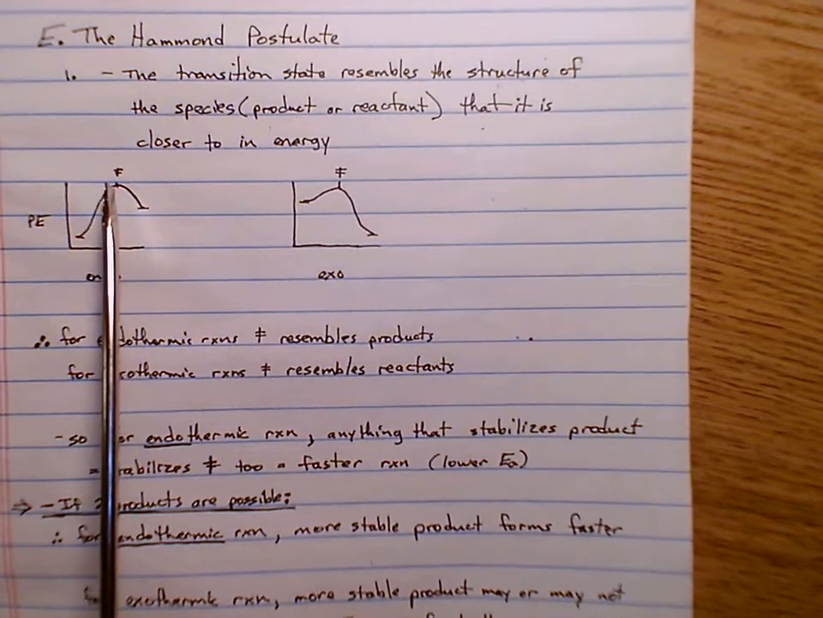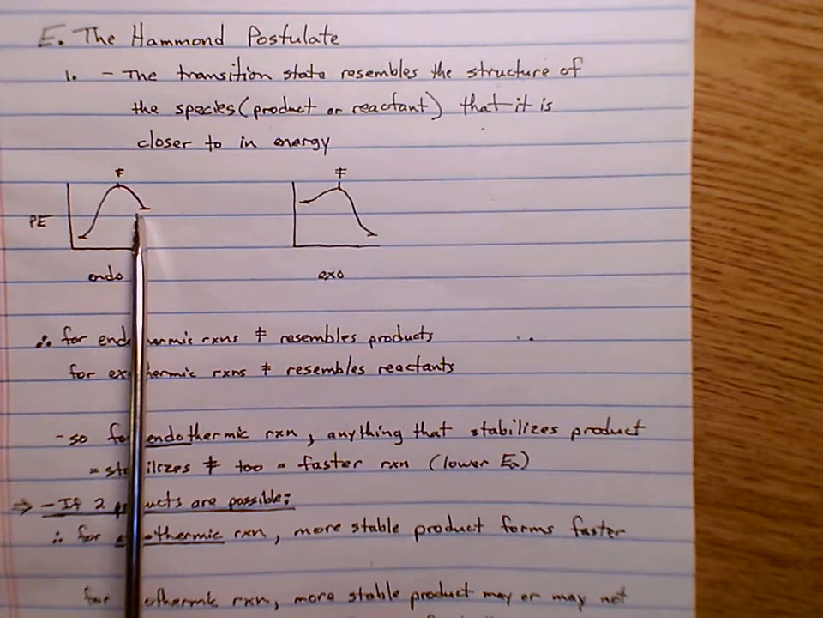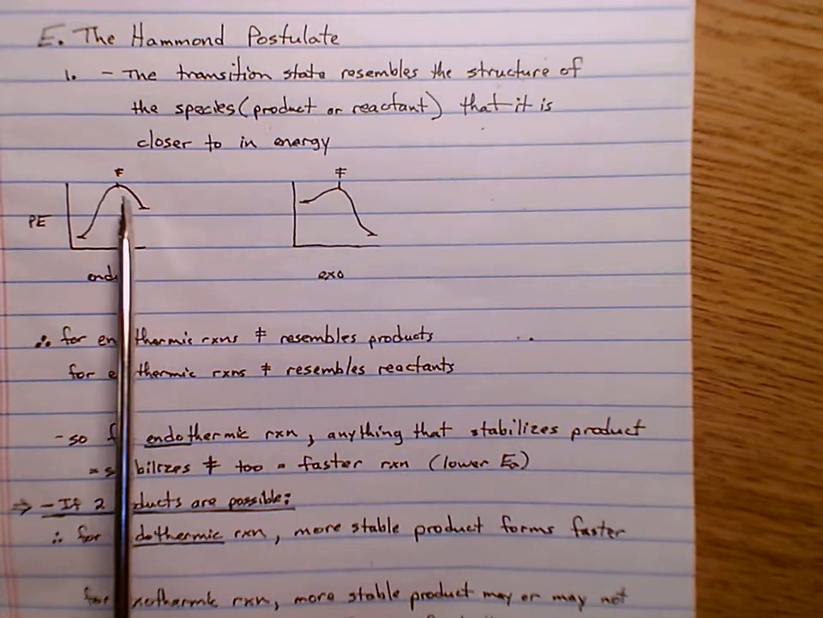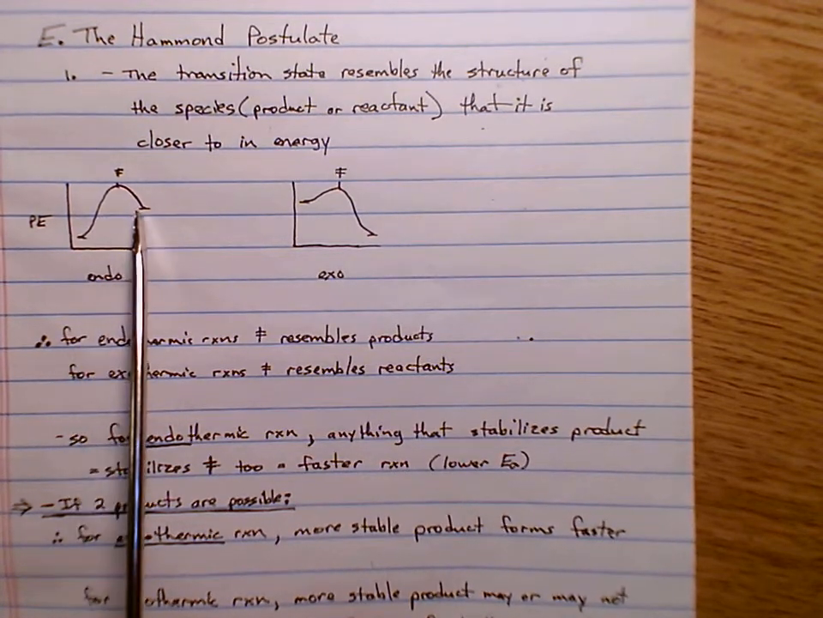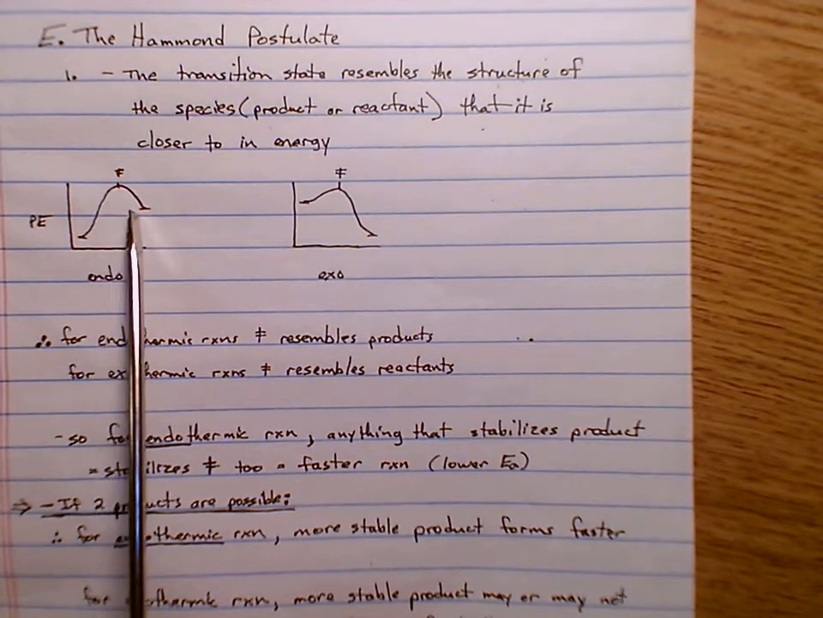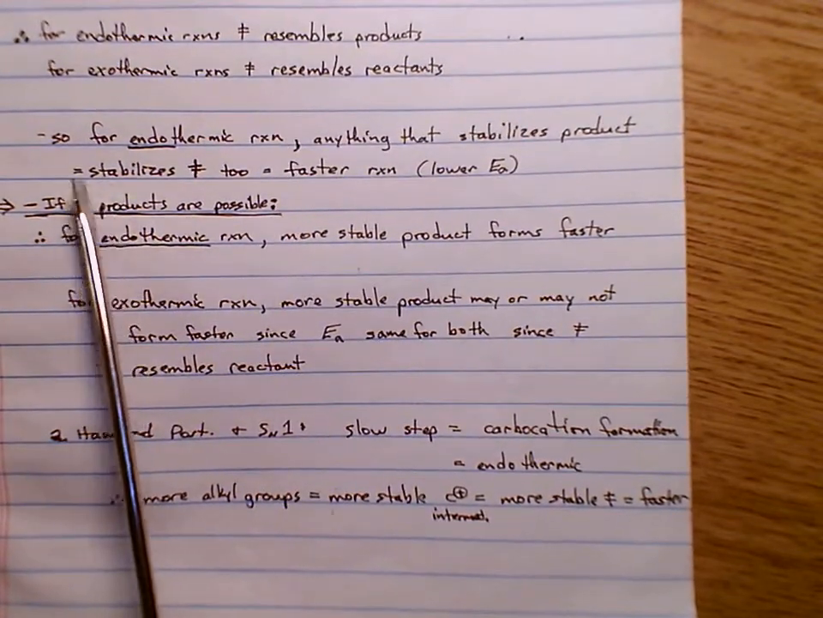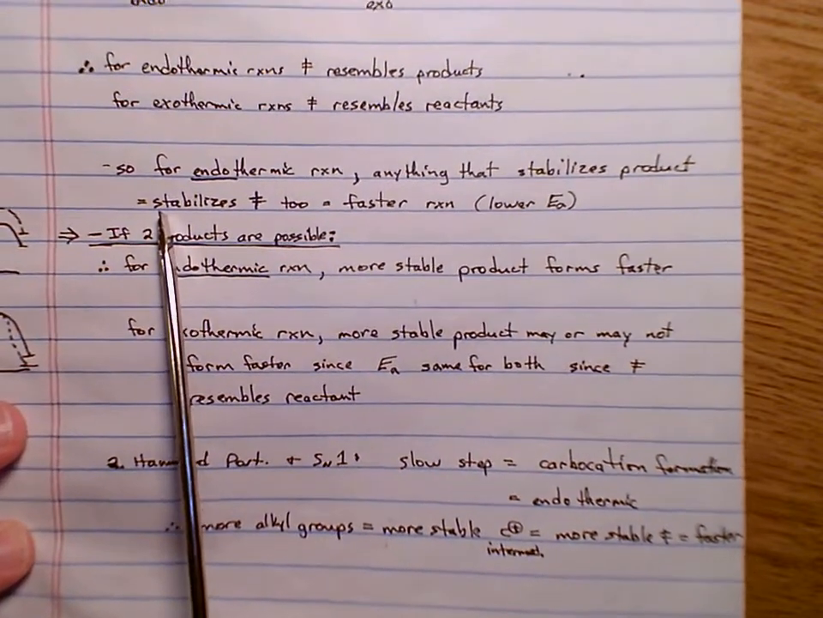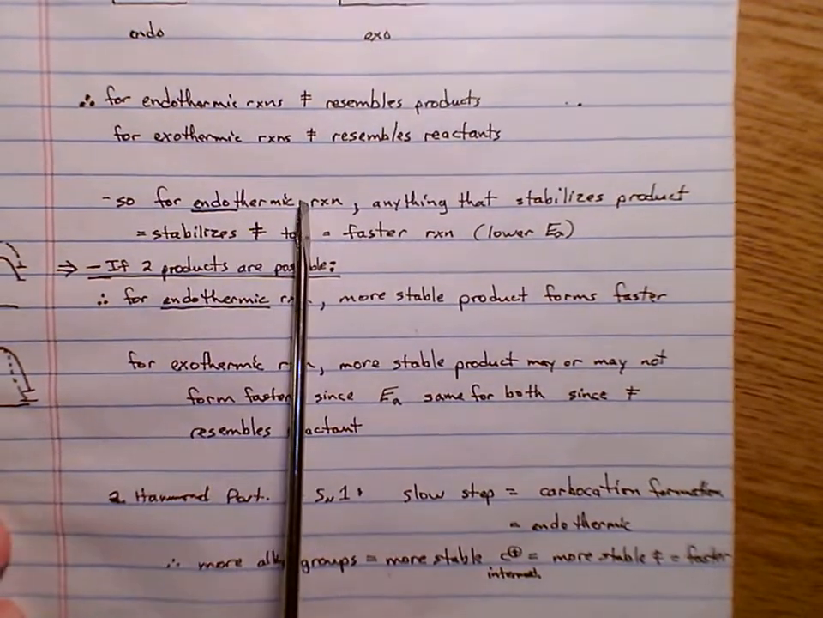Since our reaction is endothermic to make the carbocation, and here's a carbocation intermediate, the transition state is closer to the carbocation intermediate than it is to the reactants. Therefore, the transition state looks like a carbocation. The transition state of this reaction looks a lot like a carbocation. Well, what stabilizes carbocations? More R groups. So, the long story short,